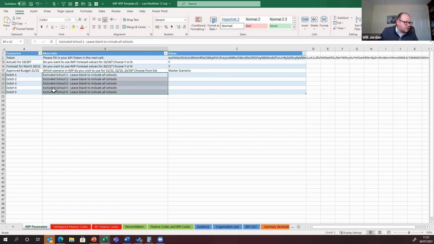We've also got the ability to exclude some schools. We've got lots of customers that within their budgets, they've got a sports centre, I think we've got a caravan park, we've got all sorts of things. But if there's locations or schools that aren't schools, locations within your systems that you don't want to be part of the BFR, you can just select them here,